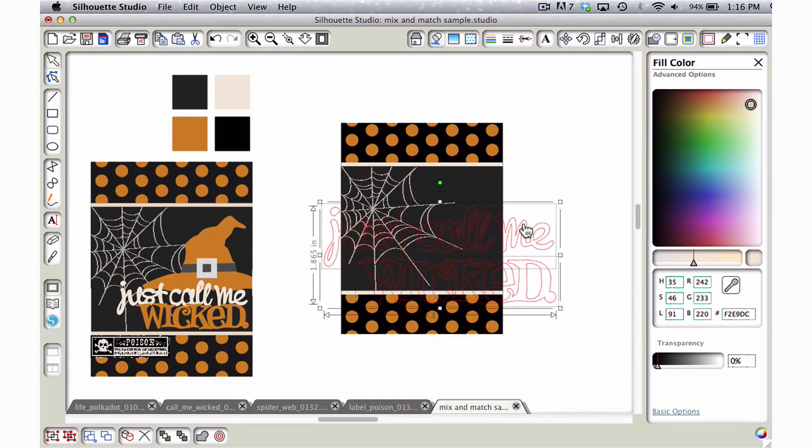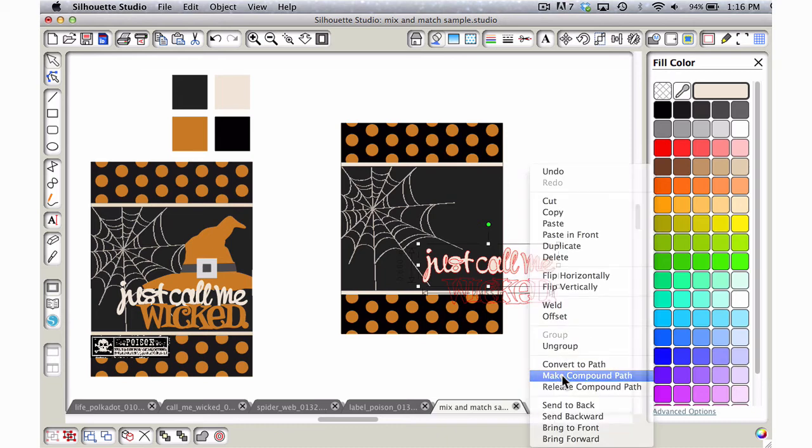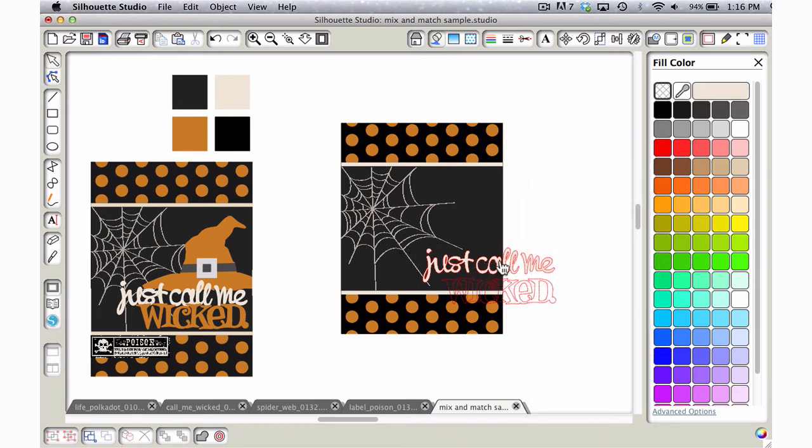And of course you could add any title you wanted, but I'm just going to go ahead and use something that's already been created. Let's fill it with color. So let's do the Just Call Me with the cream color. And it looks like that is not a compound path, which is what I wasn't sure if it was or not. So let's go ahead and right click and choose Make Compound Path, and you can see that it changed